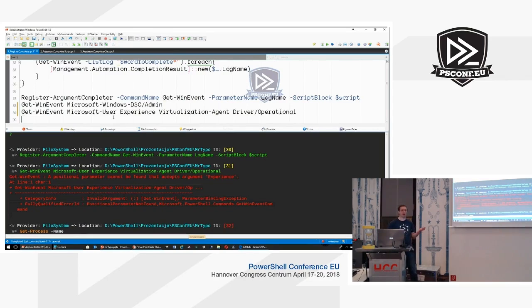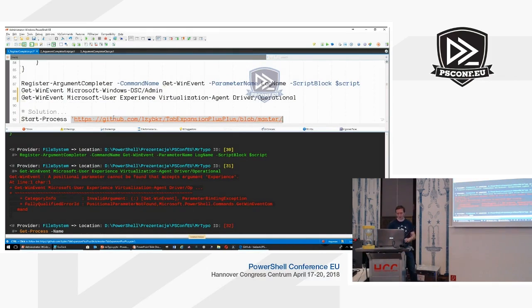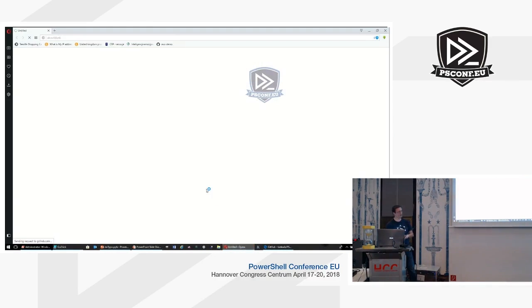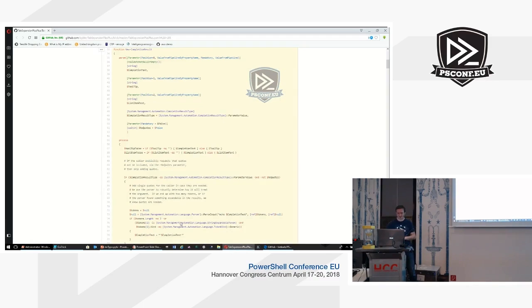So that's where one of the things from TabExpansionPlusPlus comes to the rescue. You've seen this New-CompletionResult. So if we're lucky and the internet still works, we will be able to see it. If not, I will go back to PowerShell and just give up on it. Okay, let's leave it at that. Oh, wait, it worked. Amazing. Okay,